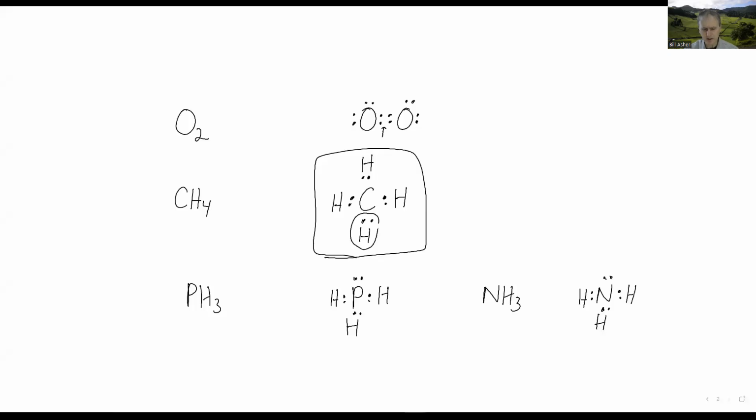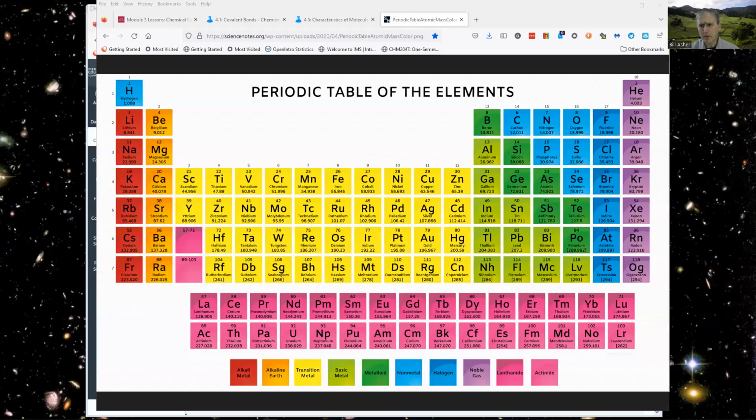So going back to the periodic table for just a moment, the important thing to remember is that these molecules here are going to follow the octet rule. And as you go down, sometimes you see variations from the octet rule, especially for things that are lower down. Sulfur, for example, sometimes phosphorus. And that's because what's happening with the octet rule is the octet rule says that the atom